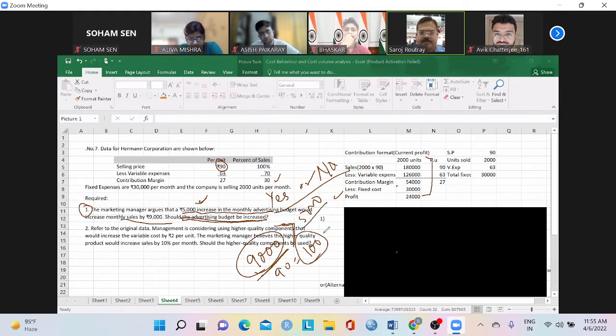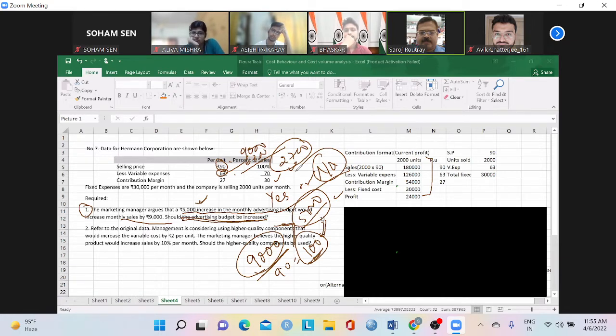If you do advertisement, your sales increases, volume increases. So you will be selling 100 units, and definitely you will be earning 9,000 more. But there is a variable cost for that also. That variable cost will come 6,300. So how much saving you will have? You will have a saving of 2,700. Whereas your cost is 5,000. So your saving is less than your cost. So we will not go for it. Right? That is the correct answer.